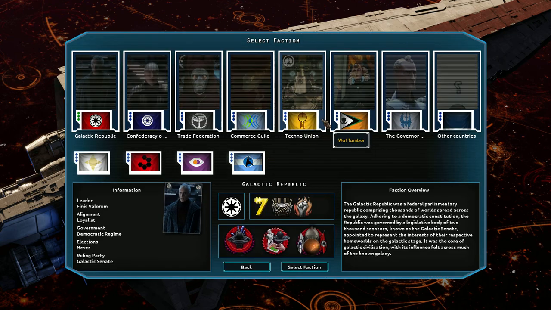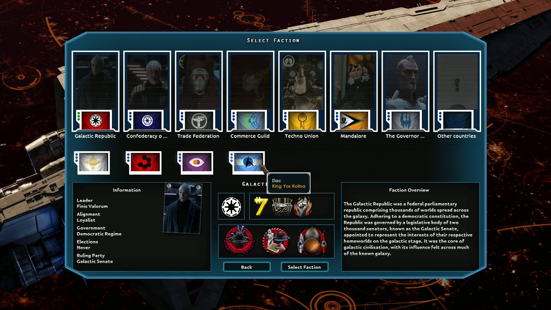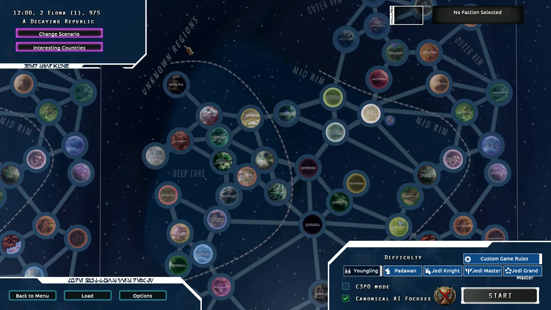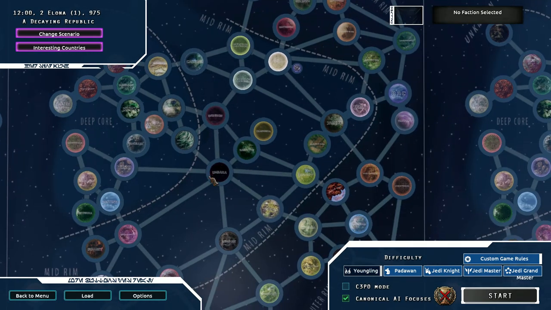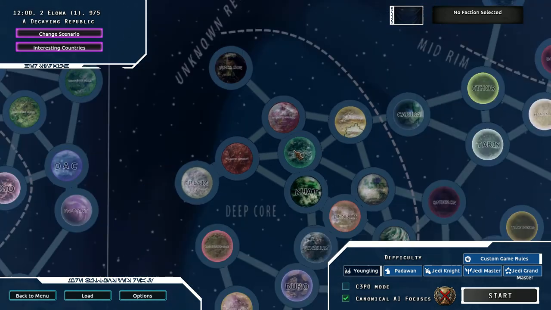And as you can see, this is really good. There are a lot of animated portraits, if you can see, of the leaders. The mod has been updated on the 12th of September, so most of these animated portraits weren't here before. And yes, we have the entire Star Wars galaxy here. There are lots of